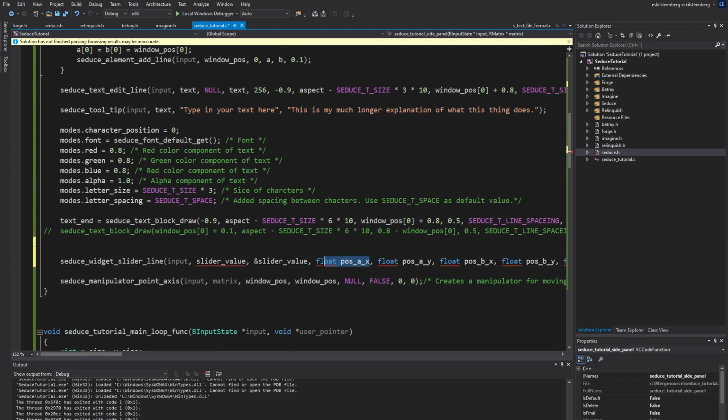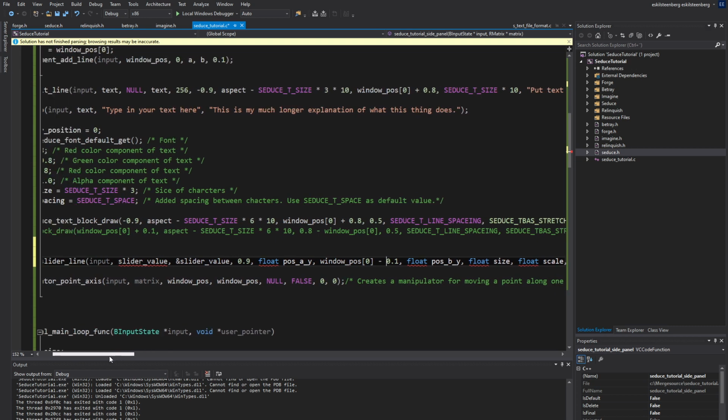And then we need an X position, so that should be 0.9, which gives it the end of it. And then we're going to do this thing where the window position is the X end minus 0.1. So now we have a position. Then we need to figure out where it is in height. And I think